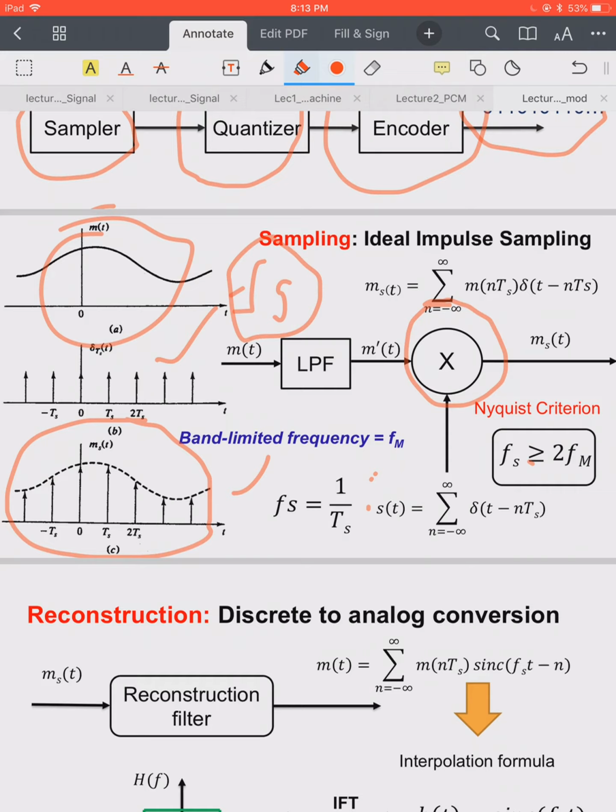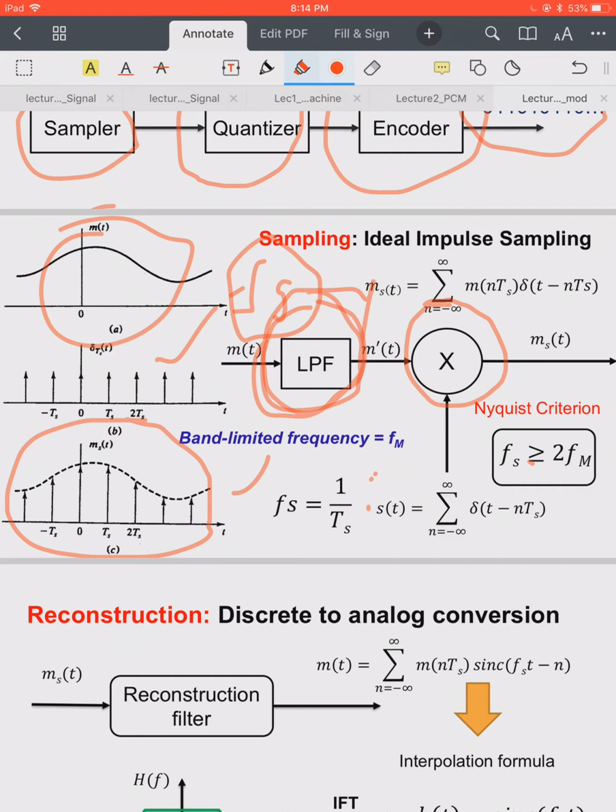According to the Nyquist criteria, Fs should be greater than or equal to twice Fm, where Fm is the maximum frequency present in the signal. To make it band limited to Fs by 2, we are going to use a low pass filter,